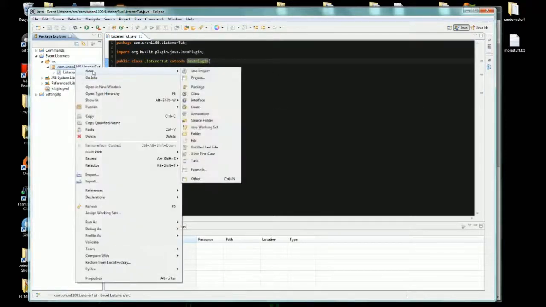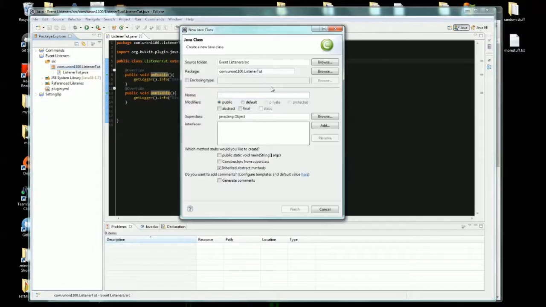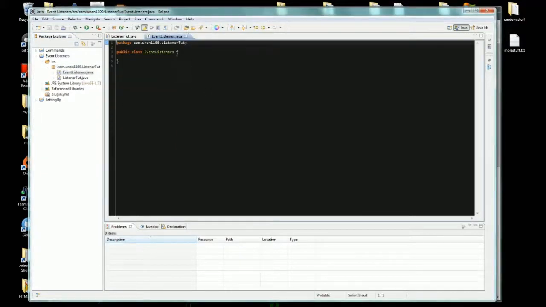So we're going to go new class, and it's going to be called listener things. Don't just call it listener, because that'll actually mess up your plugin. Let's actually call it event listeners. How about that? So we'll call it event listeners, and actually we're going to implement